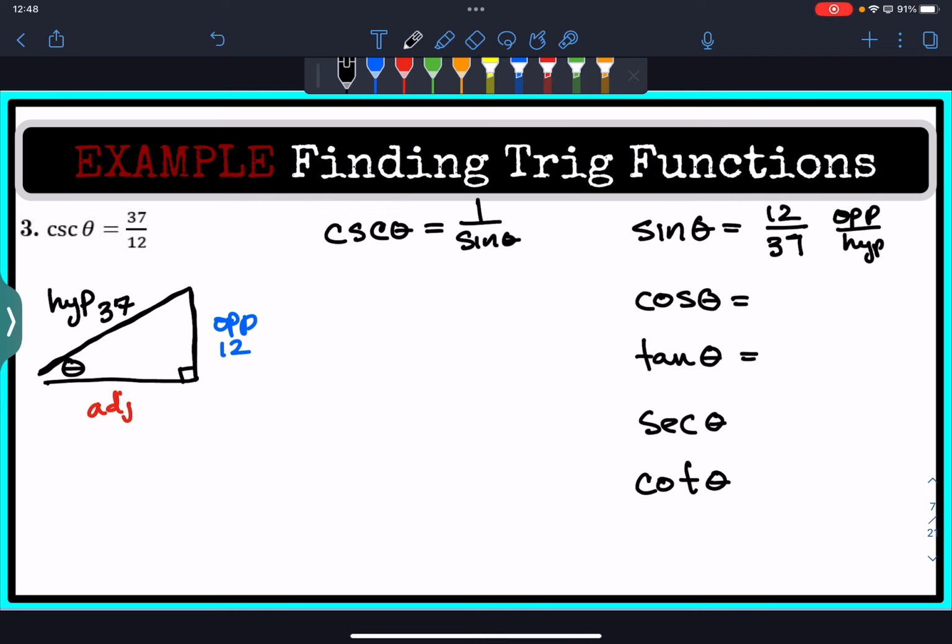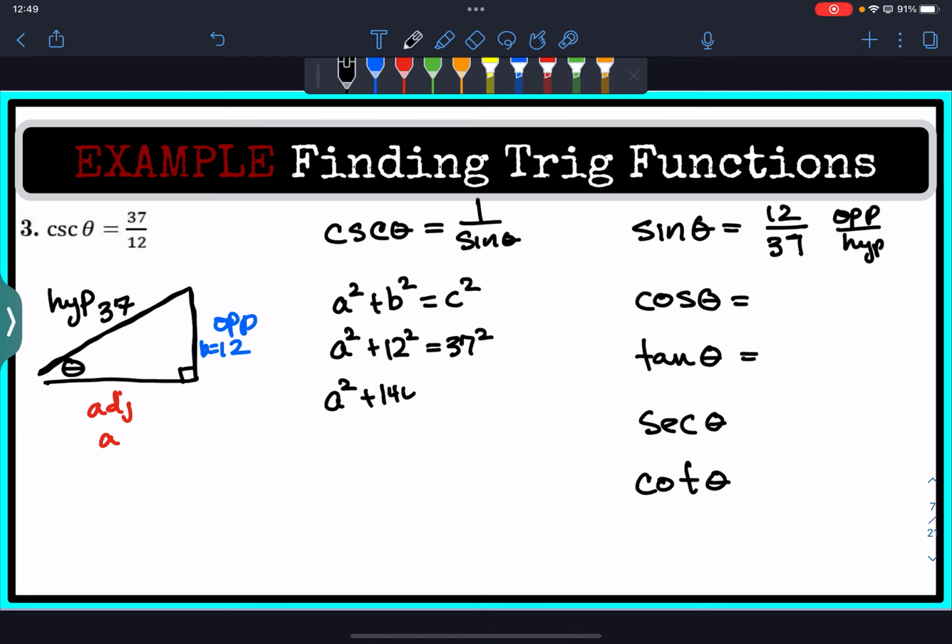And well, I can then again go back to the Pythagorean theorem and figure out the missing side, which in this case is the adjacent side. So if I use a squared plus 12 squared, make this a for adjacent, the opposite side b, and obviously the hypotenuse is always c, I get a squared plus 12 squared equals 37 squared,